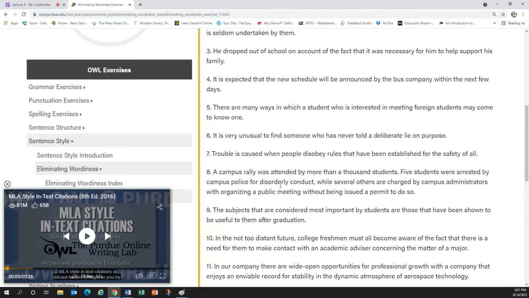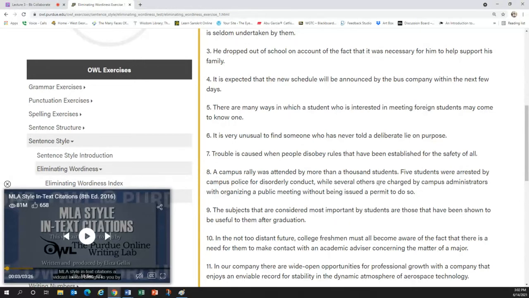8. A campus rally was attended by more than 1,000 students. 5 students were arrested by campus police for disorderly conduct, while several others are charged by campus administrators with organizing a public meeting without being issued a permit to do so. All right. A campus rally was attended by more than 1,000 students, and 5 were arrested by campus police for disorderly conduct,